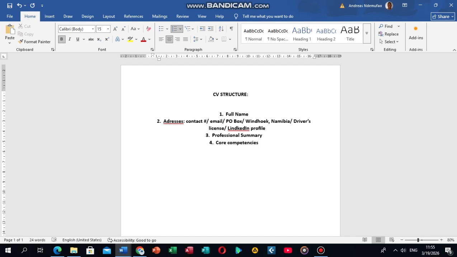Core competencies, these are areas of competence. Right? If you are an HR practitioner, so what do you do? You do recruitment, you process payroll, you coordinate recruitment, training, all these other things. If you're a multitasker, you're probably coordinating a lot of events at once or whatever it may be. You can add all those things under your core competencies. And from here, you have your